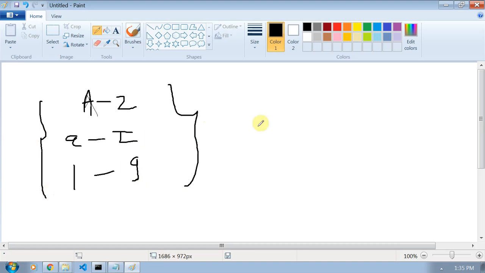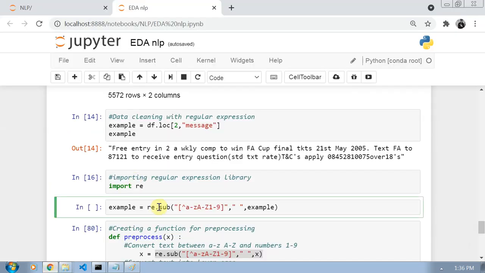I will replace it with a space. Suppose I found a brace, it will replace the brace with a space. So the sub function replaces such a string with a space: if I do not find a letter between A to Z, a to z, and 1 to 9, then replace it with a space.